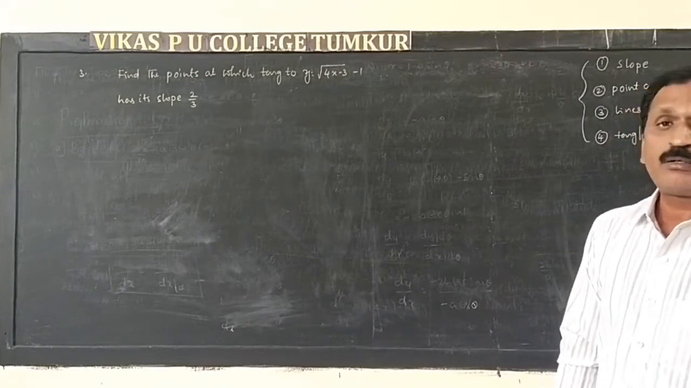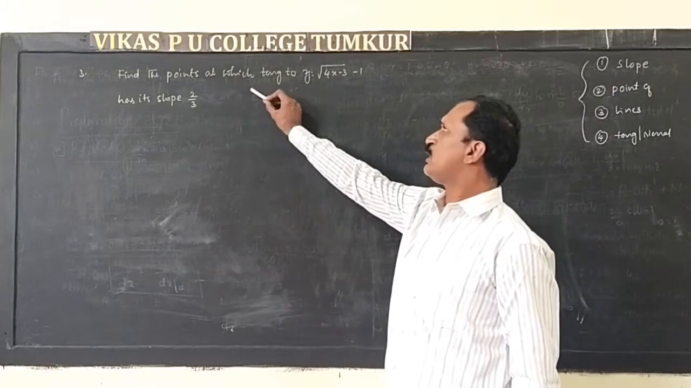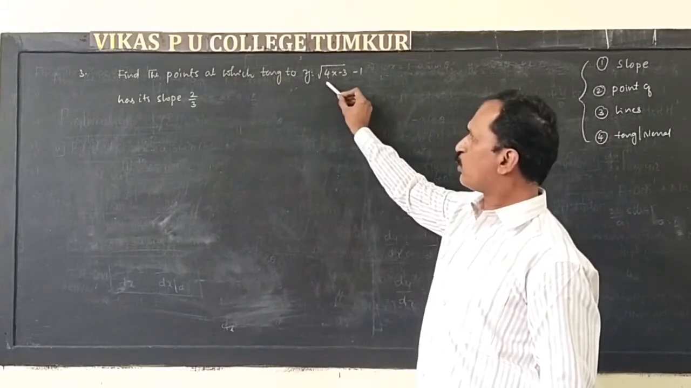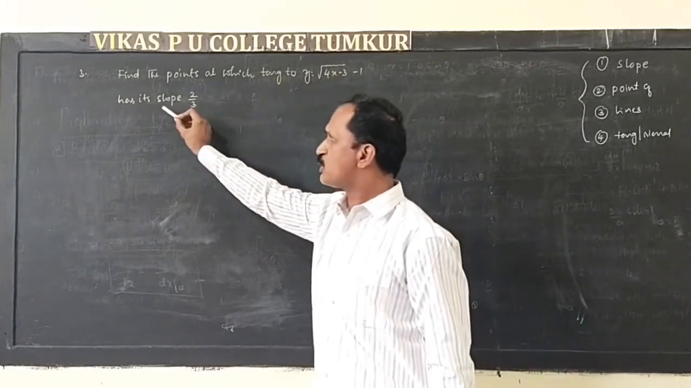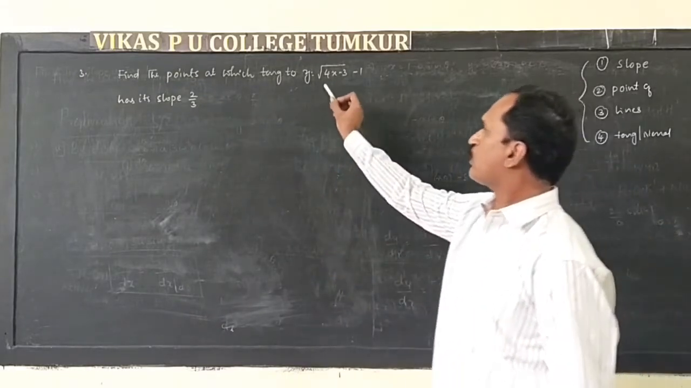I'll read the problem here. Find the points at which the tangent to the curve y is equal to root of 4x minus 3 minus 1 has its slope 2/3. So they have given me a curve,